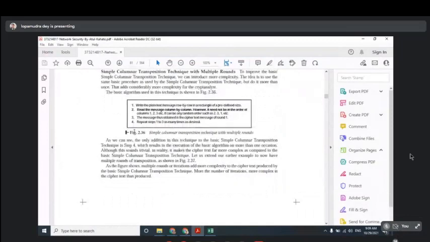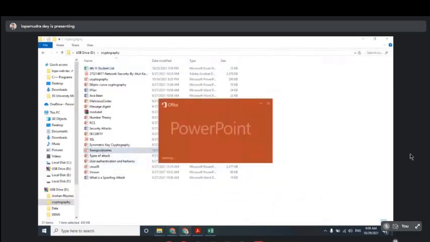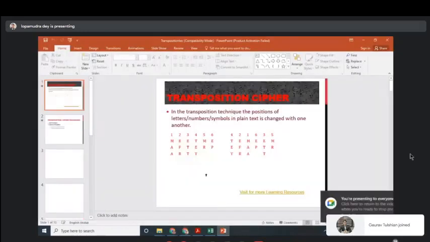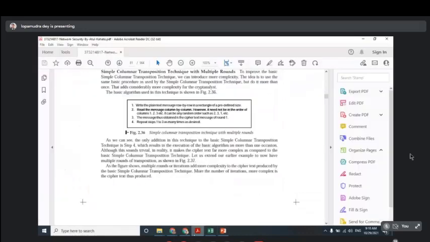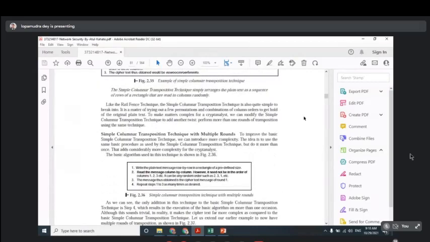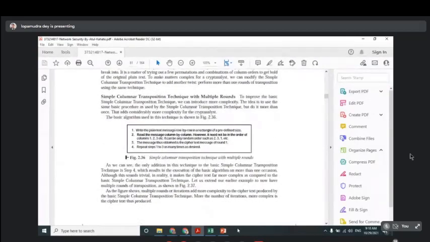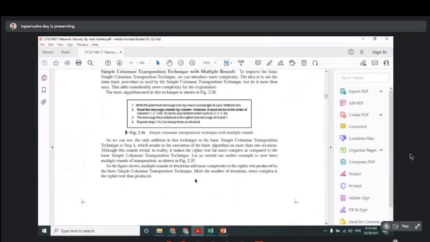The best is that you go through this again from the book, because last class we had discussed it with the help of the PPT. If you want more information regarding this method, you can directly go to the Atul Kahate book that is posted in your Google Classroom, and you can go through the explanation. I had told you in the class. This PPT is good, but the explanation of the whole thing you can get from the book.